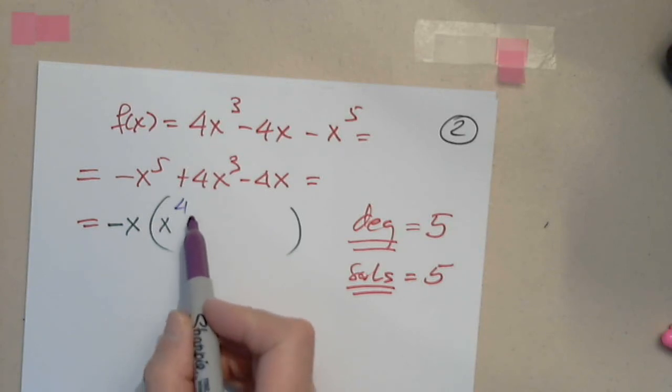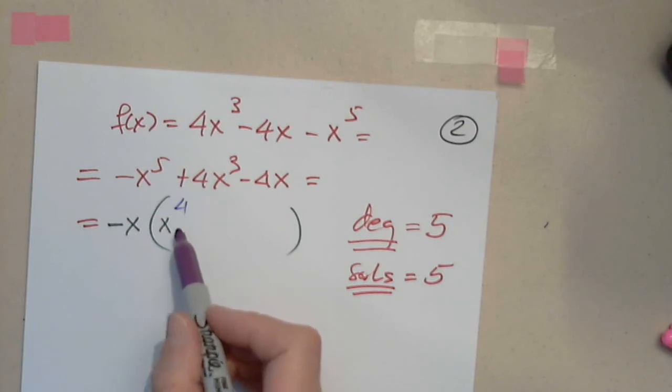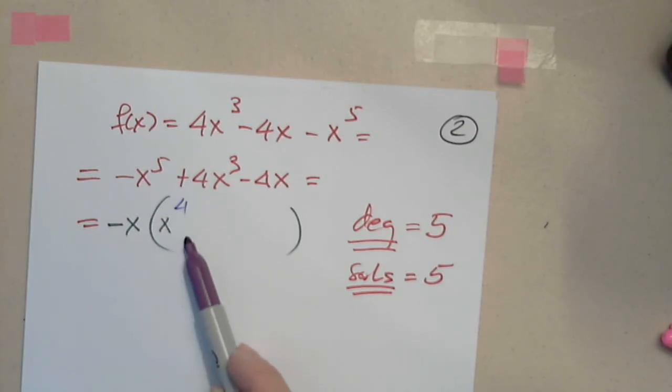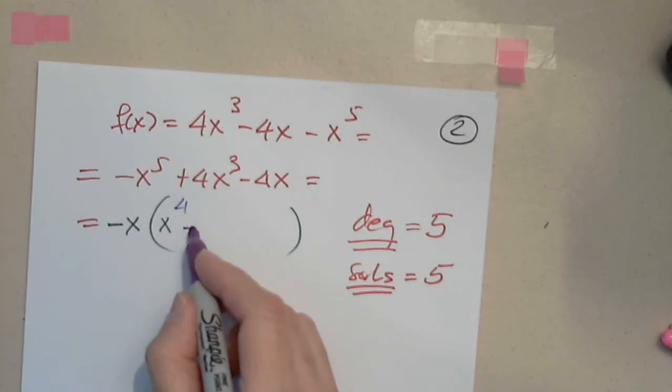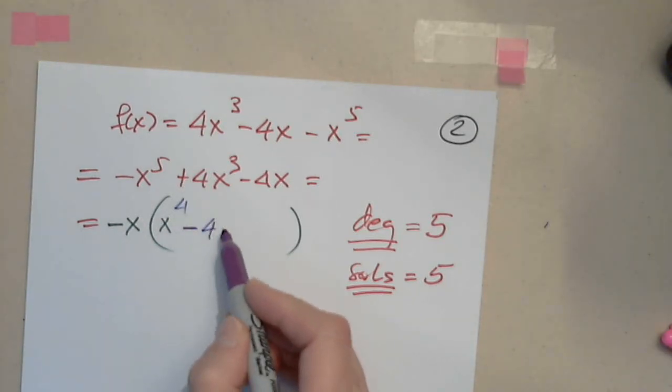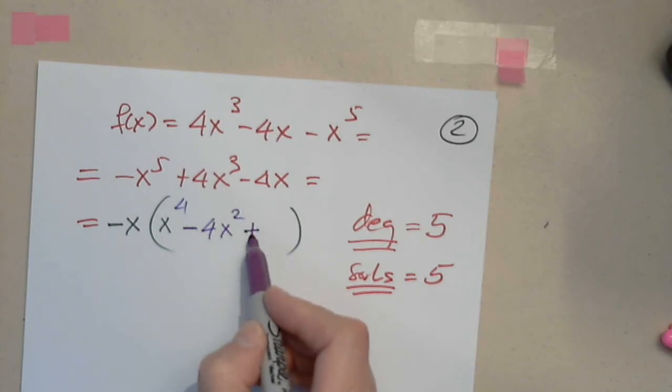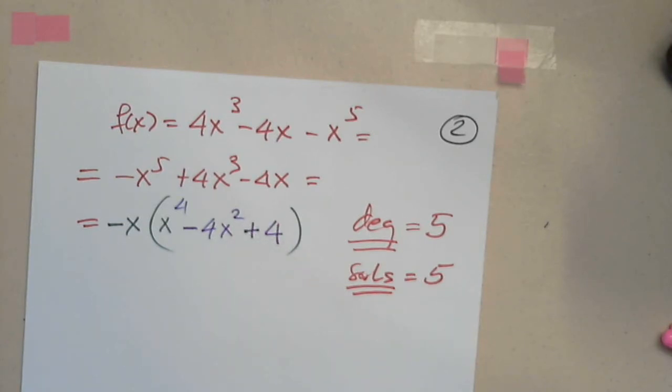I cannot put plus. If I put plus, negative x times positive will not give us positive. Minus. Good. That's okay. Minus 4x squared and plus 4. Plus 4 indeed. That's okay. No worries. Very good. So now